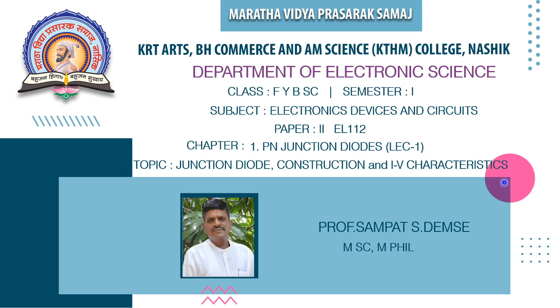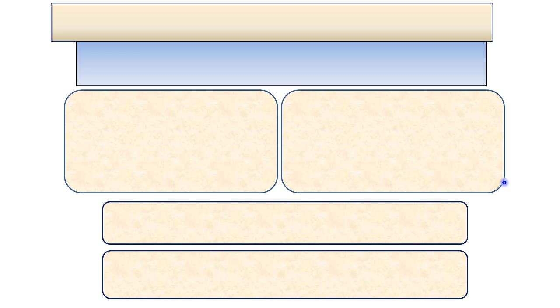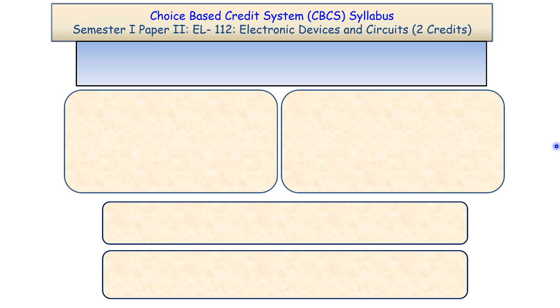Chapter 1, PN Junction Diodes, Lecture 1st. The topic included in this video lecture: junction diodes, construction and IV characteristics. Before starting the video lecture, we should become familiar with the syllabus: semester first, paper 2, EL112, Electronics Devices and Circuits. This is a 2-credit course and choice based credit system,